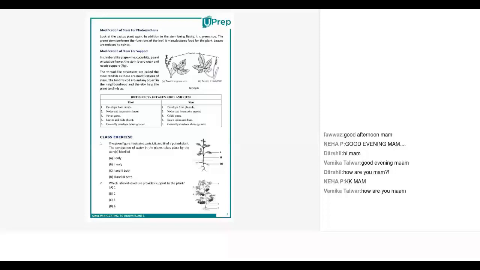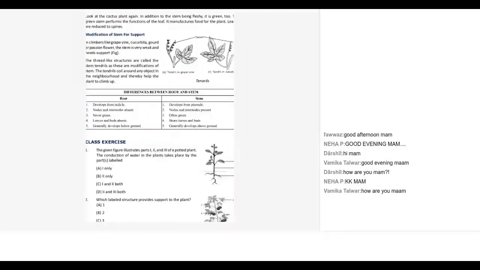See the differences between root and stem. Who will read it out? Wait, I'll just call out somebody who has not participated much. Riddhima, can you please read out the differences between root and stem? Yeah. The differences between root and stem. Okay, ma'am. Root develops from